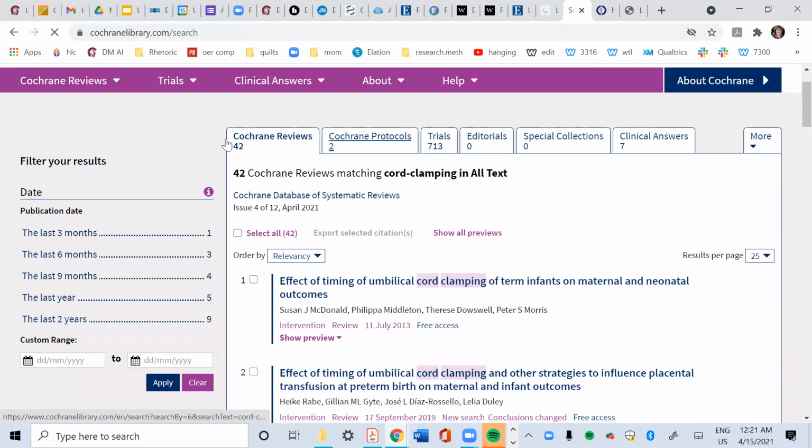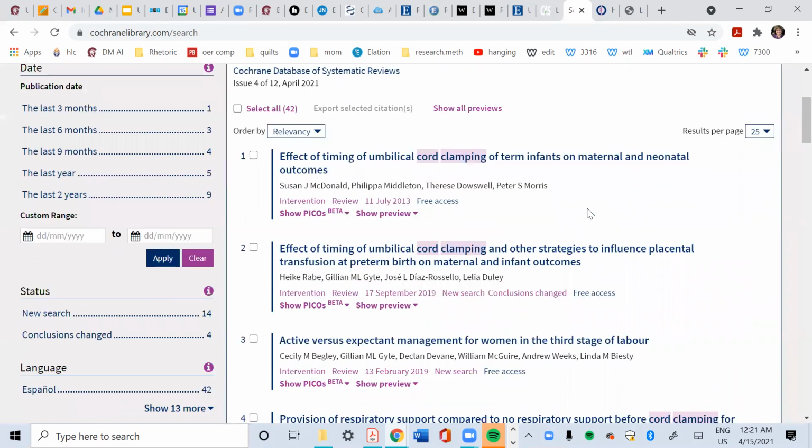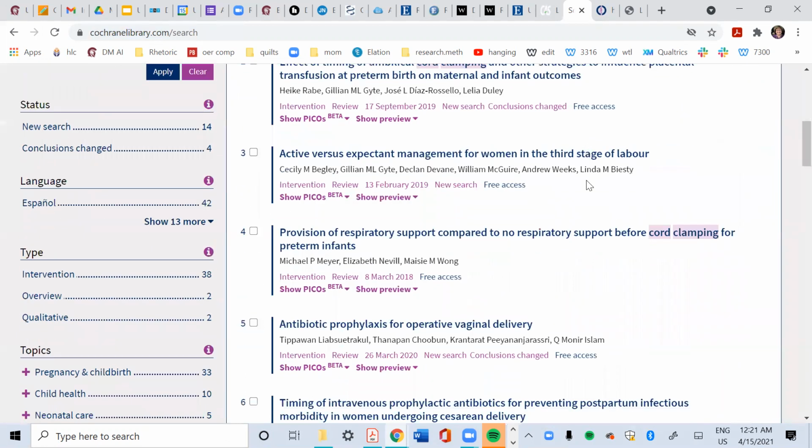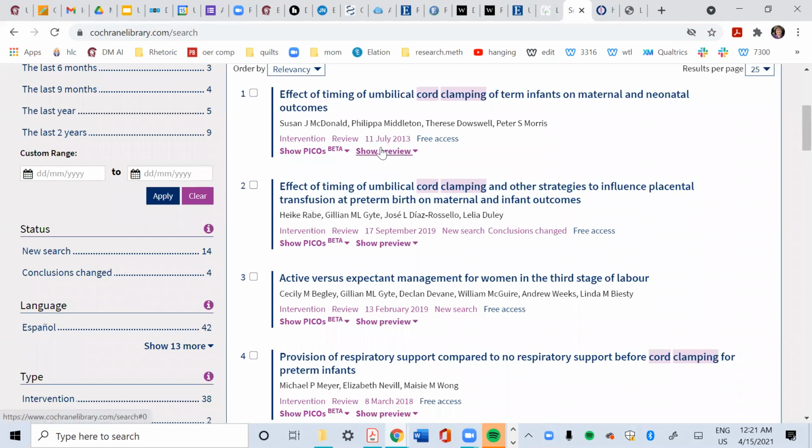And you see that the Cochrane Review compilation has a variety of articles, including the one that was referred to in the